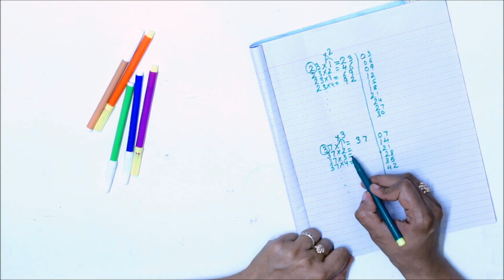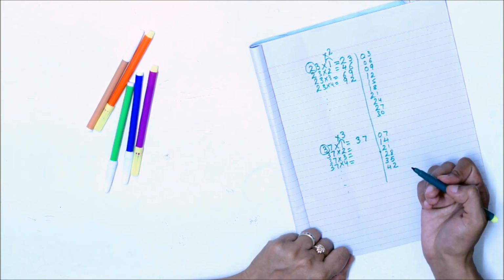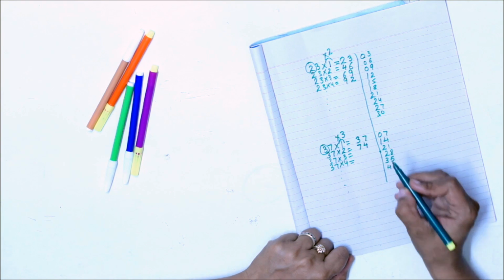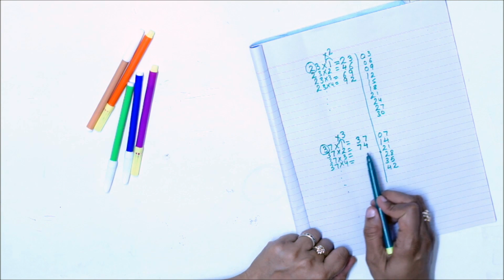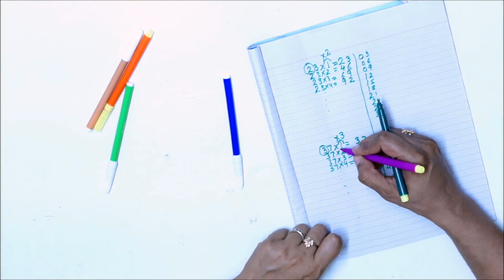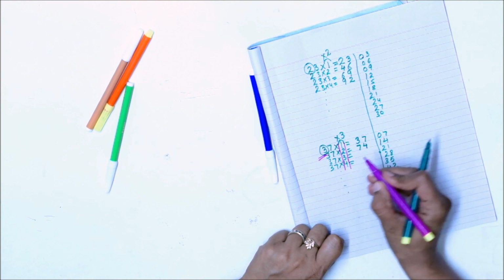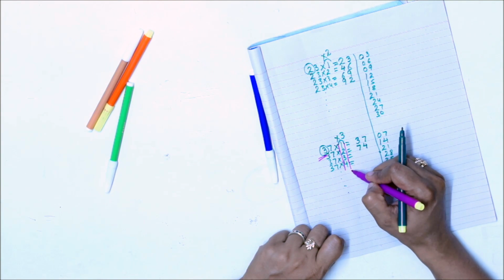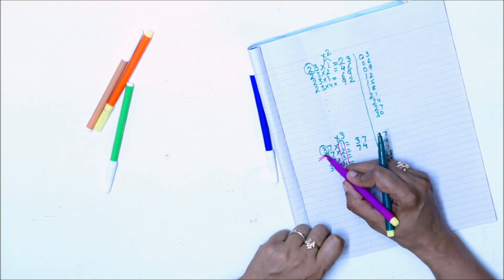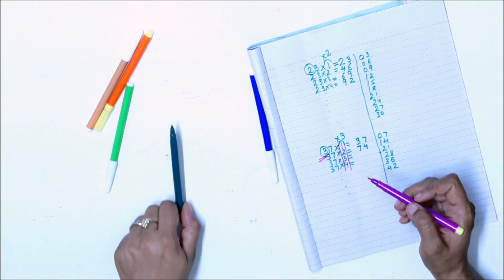Now let's come to 37 times 2. 3 times 2 is 6. So 6 plus 1, 7. And this 4 as it is. So we can say 37 times 2 is 74. So what I want to say here about the variation, we have to look at tens place, and we have to multiply the column with that digit. So 3 is on tens place, so I am multiplying this column with 3.